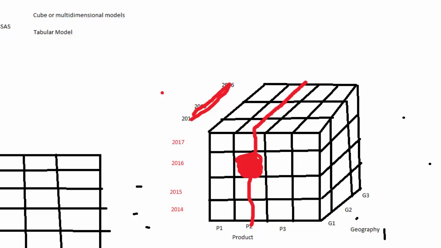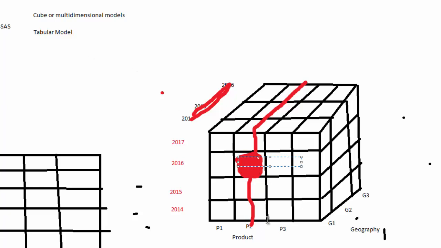Okay. So this particular intersection, this particular square, is the result of product P2, year 2016, and G1. Assume this is the first square, when you're going in a Z direction. So this is the product of, let me write it, P2, 2016 year, and geography G1. So whatever amount you put here, you will go and write some amount,